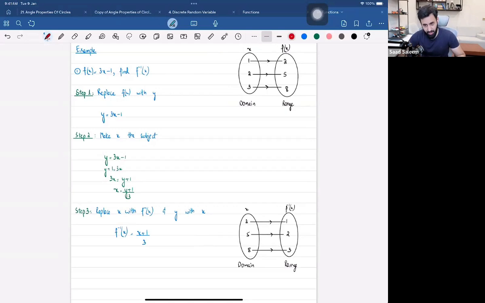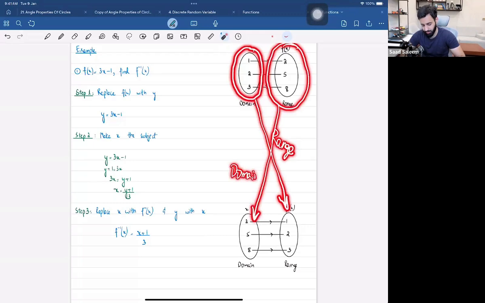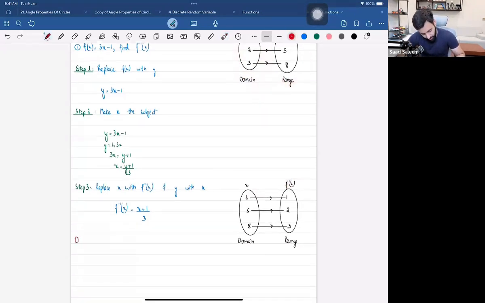Yes, domain and range have changed. So what was the domain of f of x has now become the range of f inverse of x. We're going to write that down, don't worry. And what was the range of f of x has now become the domain of f inverse of x. Okay, so let's write that down, that the domain